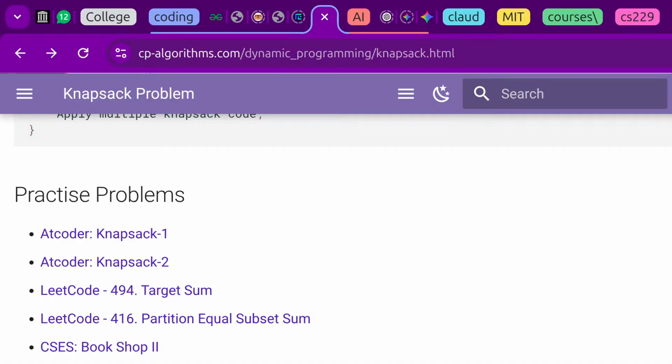Alright guys, let's do the second knapsack problem. It's a knapsack problem, so let's do this. The problem statement is there are n items,